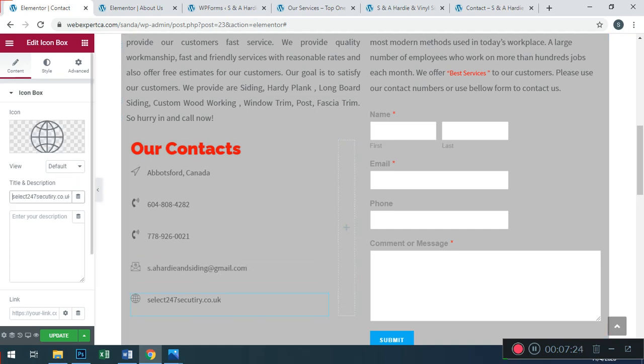We are going to add the email address. This email address ends in .com. We remove this part, and it becomes the siding .com address. Wow, wonderful.